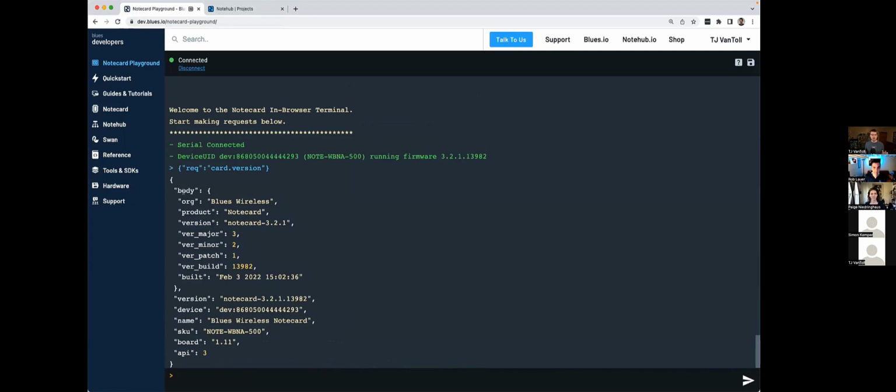I do want to note, though, that all the requests that you're going to see me sending through the browser are something you can also do through our CLI that's available for Mac, for Windows, and for Linux. And as Rob mentioned, if you are using an MCU or a single board computer along with the Notecard, you can also send these requests through our SDKs that are available for Python, for Arduino, C, C++, and Go as well. So you have lots of different options, but today I'm focusing on simplicity, the simplest way to get